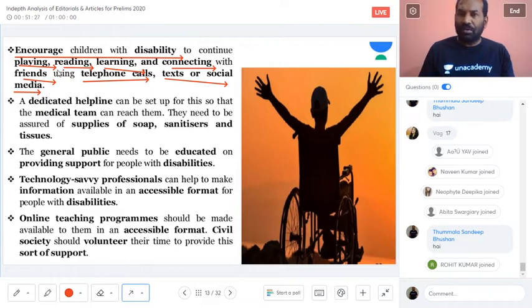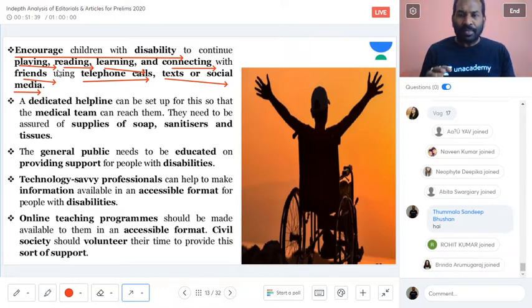Now we can go ahead, the government or the individuals or the public can go ahead, making sure that they are taken into consideration, they are always being looked at, and then they are also being made sure that they